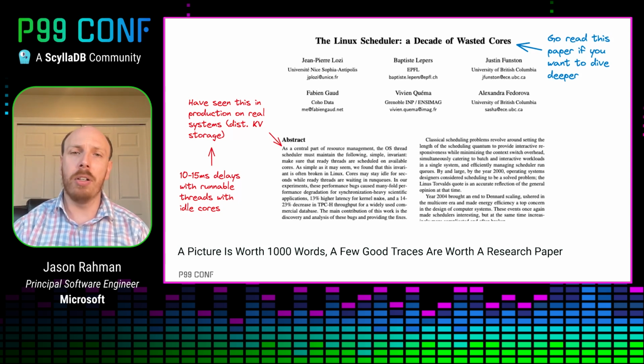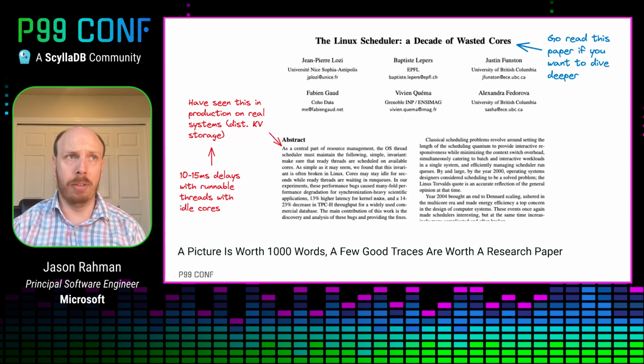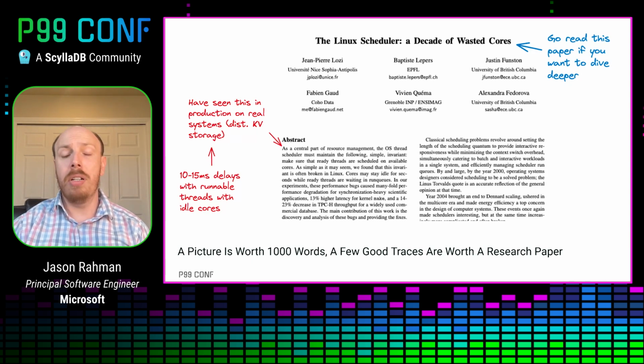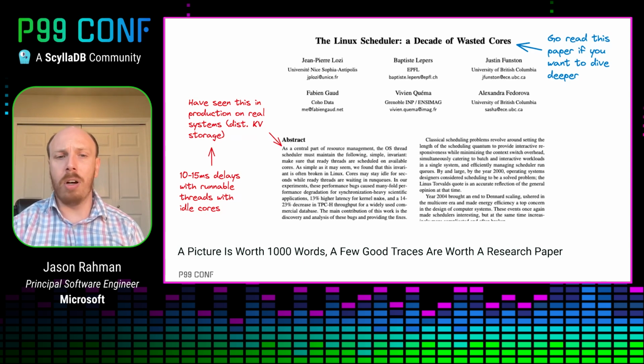So there's this paper that was written probably 5, 6, 7 years ago. And the title sums it up: The Linux Scheduler: A Decade of Wasted Cores. And if you want to dive deeper into some of these scheduling anomalies, you can go take a look at this paper. A couple of the bugs they've called out have been fixed, but many have not, including the one